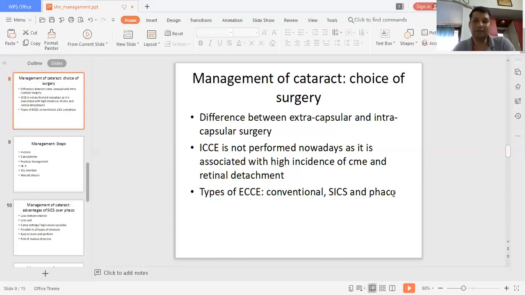So what is the difference between conventional cataract surgery and small incision surgery? SICS means small incision cataract surgery. The beauty of small incision cataract surgery is that it's a valvular incision. As I will explain in detail in the subsequent video, the incision here is a three planar incision. The external incision lies in the sclera. Then we make a sclerocorneal tunnel and we enter through the cornea.